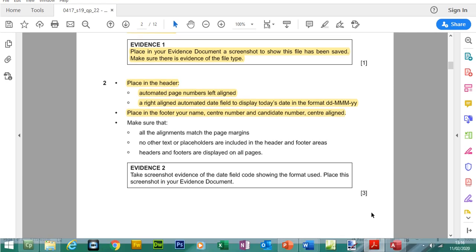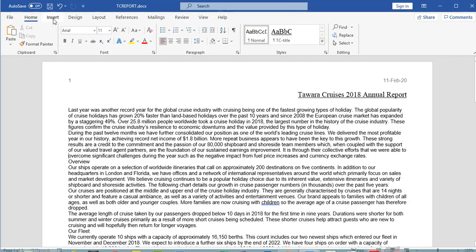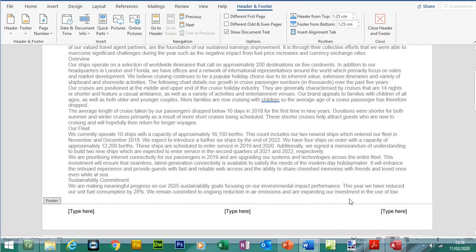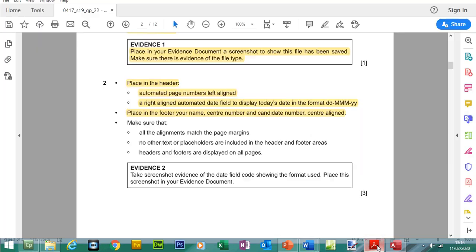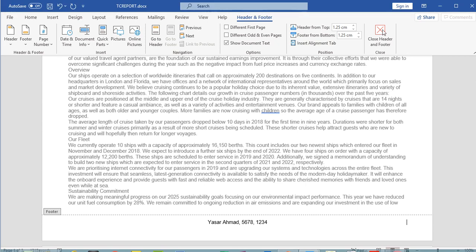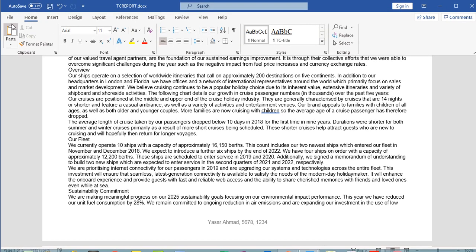Anything else in the footer? No. So if we go to insert, footer, click again the 3 columns. Let's type in my name. Is it center number first? Let me double check. Yep, center number and then candidate number. So for center number I use my default number 5, 6, 7, 8, and for my candidate number I will use 1, 2, 3 and 4. We can delete these placeholders here to the left and right,